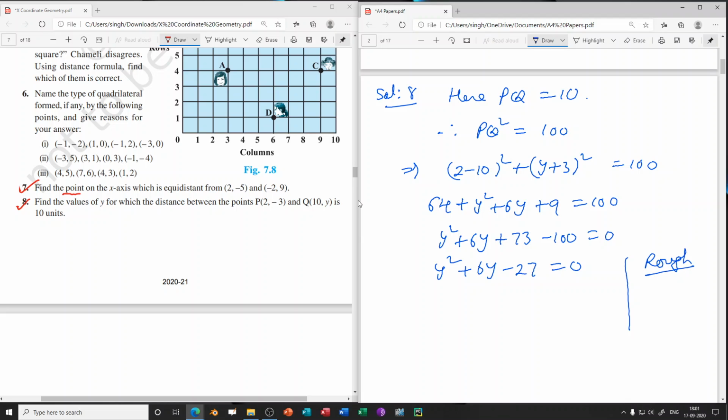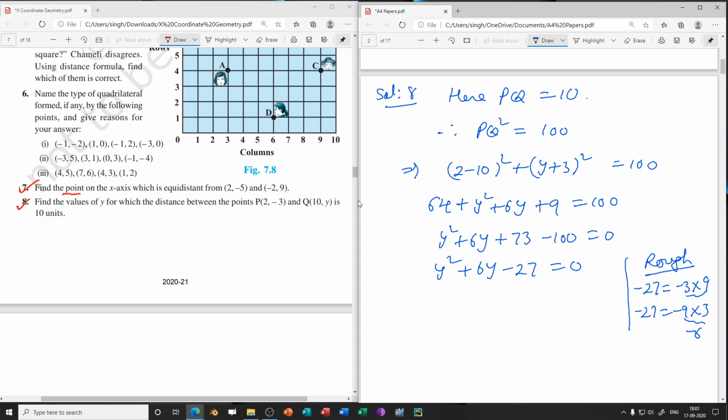Already I have explained this method when we were doing the chapter of quadratic equations. So minus 27 can be written as a product of two numbers. What are they? Minus 3 and 9, because minus 3 into 9 is minus 27, and we will not take minus 9 into 3. Why? Because on adding minus 3 and 9 we must get the middle term. What is the middle term? 6. Suppose we write minus 27 as minus 9 into 3. What is their sum? Minus 6.